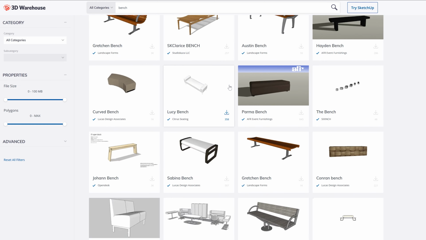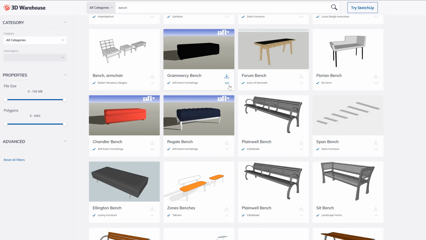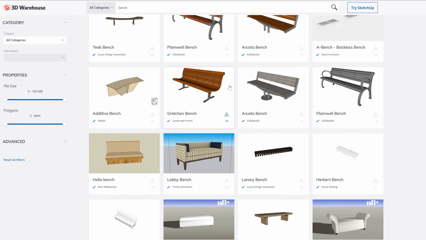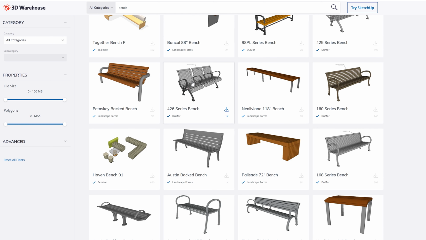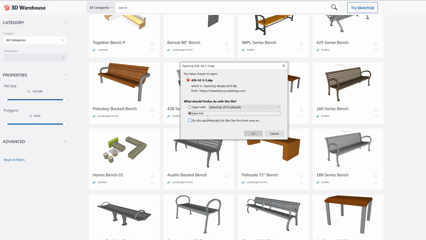And I'm going to find the exact model that I used in the class. And this is it right here, the 426 series bench. I can go ahead and download this. Now, I happen to have SketchUp 2019 installed currently, but actually you don't even need it. But just in case I wanted to also open this in SketchUp, I'm going to download that version and just